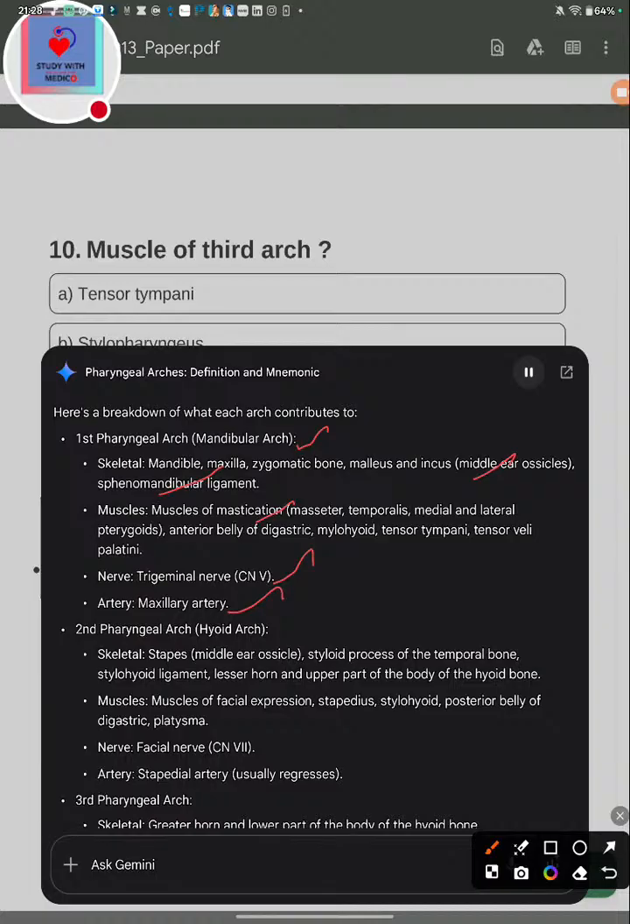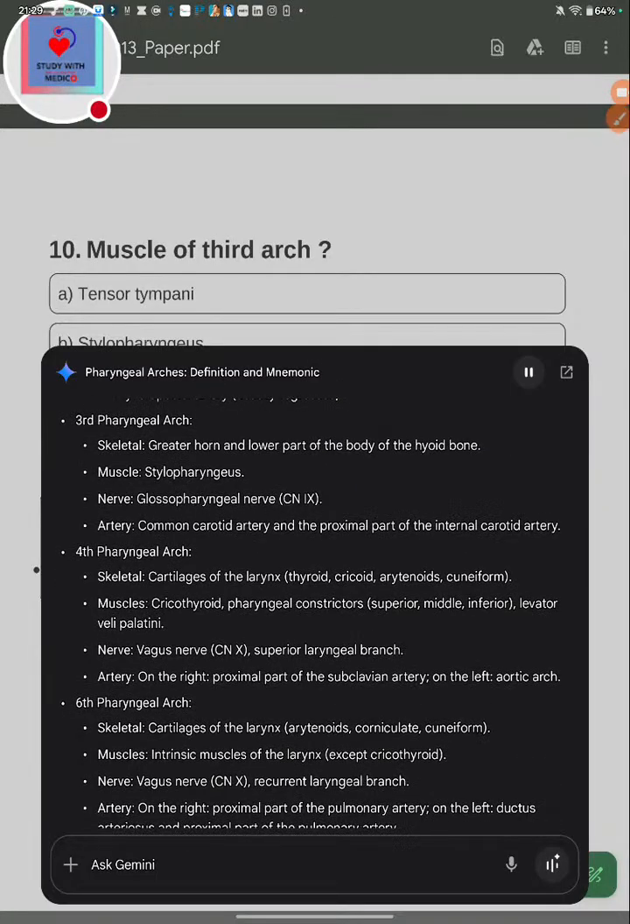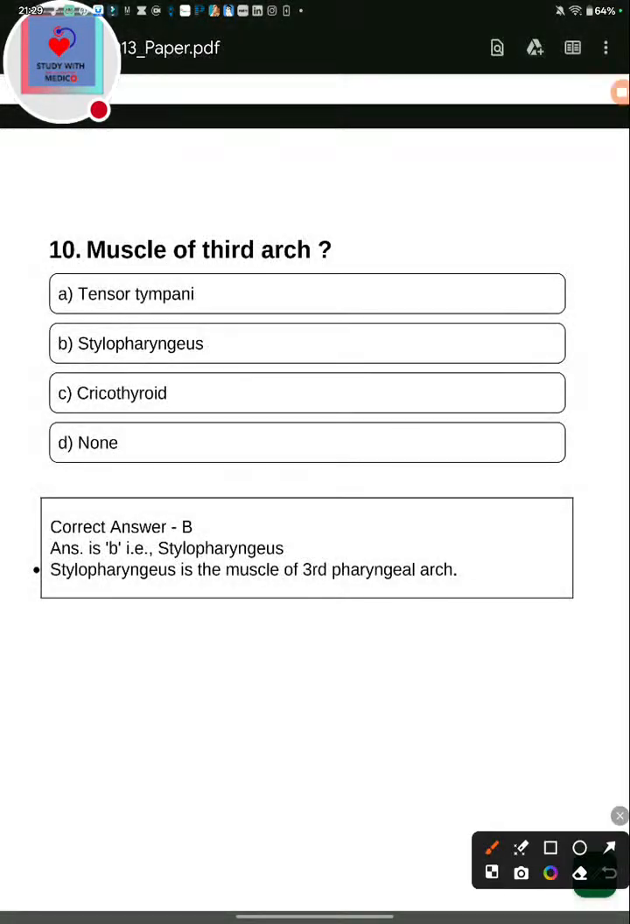CN V. Artery: maxillary artery. Second pharyngeal arch, hyoid arch. Skeletal: stapes, middle ear ossicle, styloid process of the temporal bone, stylohyoid ligament, lesser horn and upper part of the body of the hyoid bone. Muscles: muscles of facial expression, stapedius, stylohyoid, posterior belly of digastric, platysma. Nerve: facial nerve, CN VII. Artery: stapedial artery, usually regresses. Third pharyngeal arch, skeletal: greater horn and lower